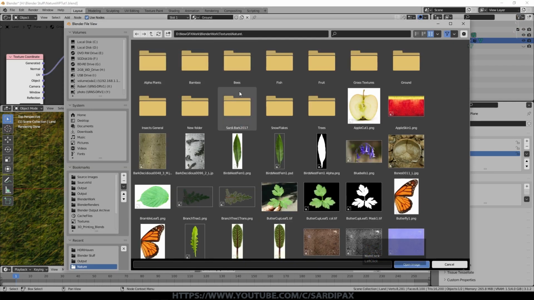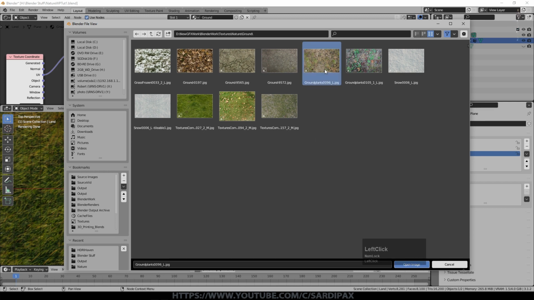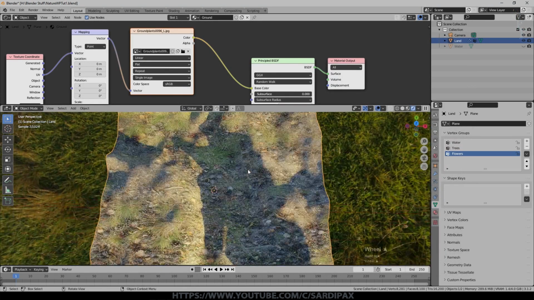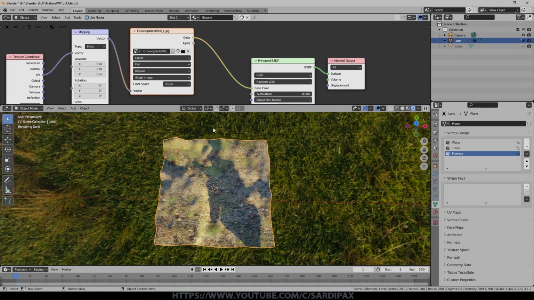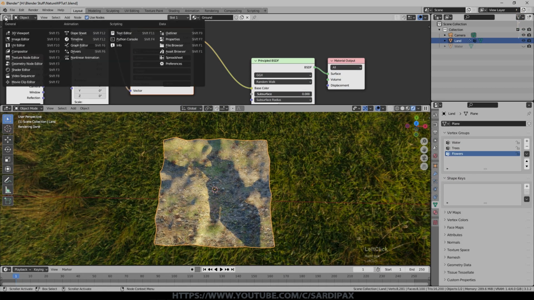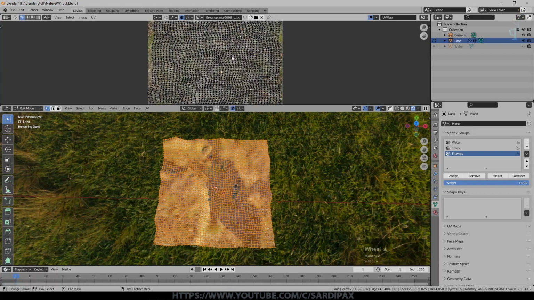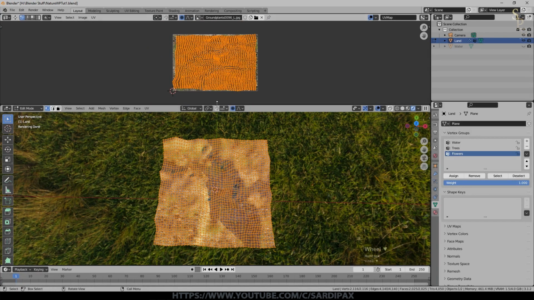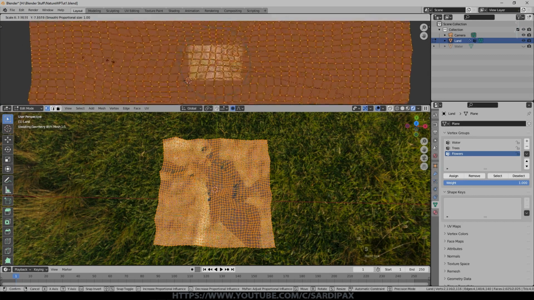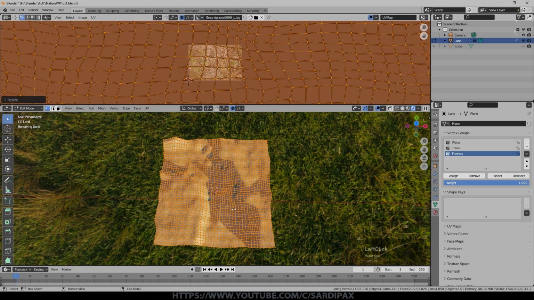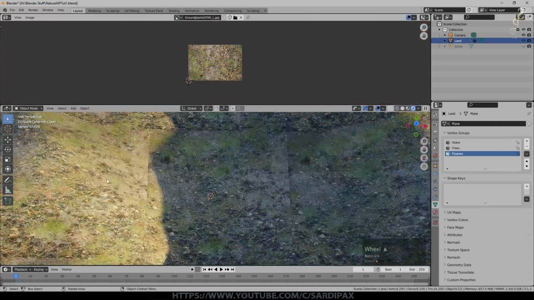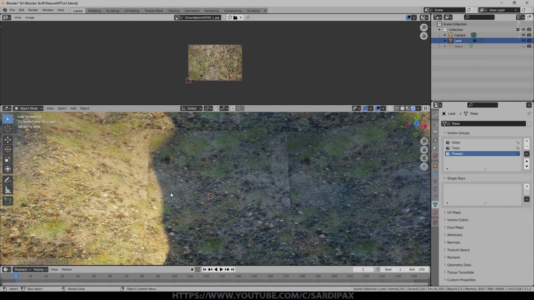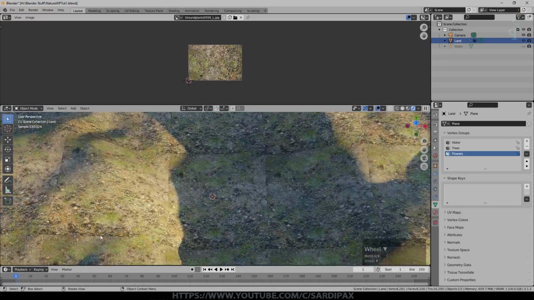And then I have some ground textures that I used, and we'll start with this one. You can see that's too large at the moment because this is relatively huge. So I can either change the size of the UV map, and I will actually do that at this point just to check that out. At the moment, the UV map is about the size of the image. So I'm just going to make it much bigger, and you can see the image that gets reflected onto the object becomes much smaller. So in terms of the scale, it's a lot closer now. It may or may not be exactly right. I'd have to spend some time looking at that, but we also have this tiling issue.